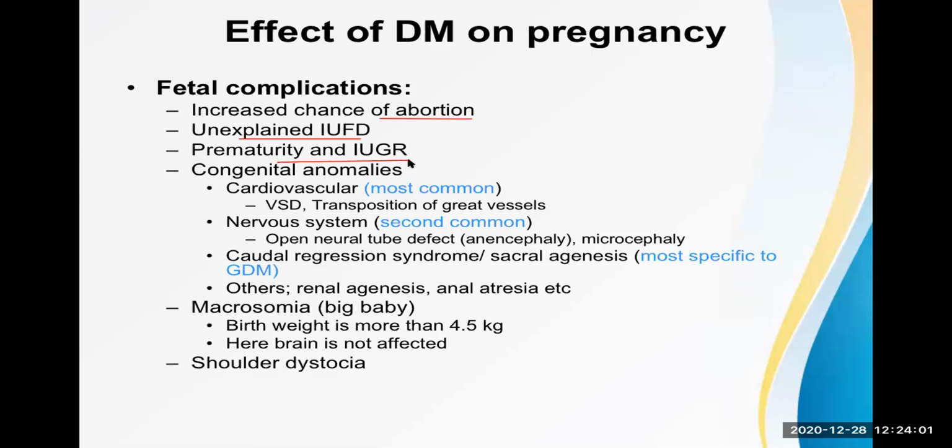Prematurity and IUGR, okay? IUGR is especially more common in case of chronic or overt diabetes as a result of a lot of complications. This congenital anomaly point is the one which is asked to the students. Now, see this: cardiovascular, nervous system, caudal regression syndrome, and some other anomalies are there which may have a chance